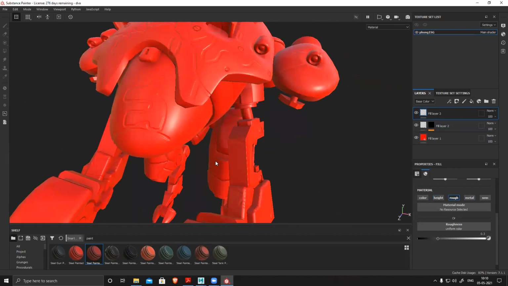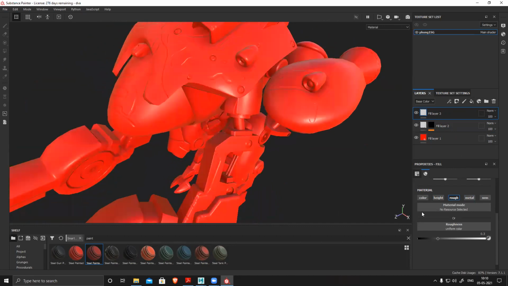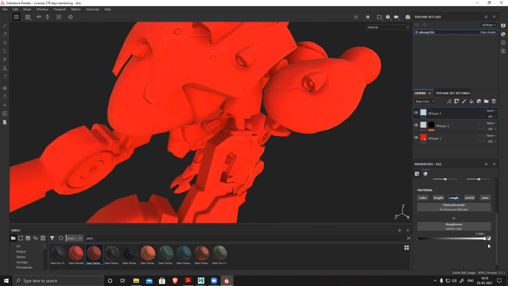Roughness, if you don't have a roughness map, by default everything is 50% gray. Like it's not too shiny, not too matte. So if you don't create any roughness map, it will be by default 50% gray. But we create roughness. So now we have roughness, and under this roughness you can see by default it's somewhere grayish. If I want to make it shiny, you can see matte, shine. Super glossy, it's reflecting everything. Super matte.